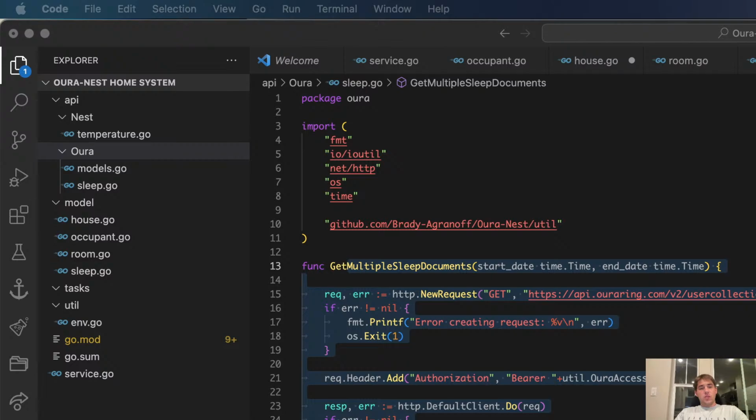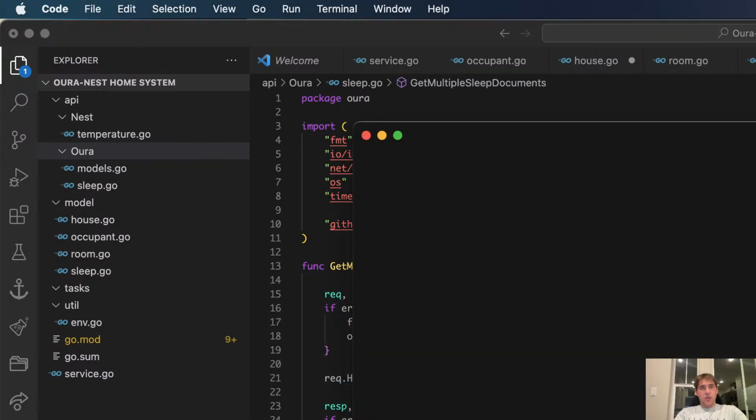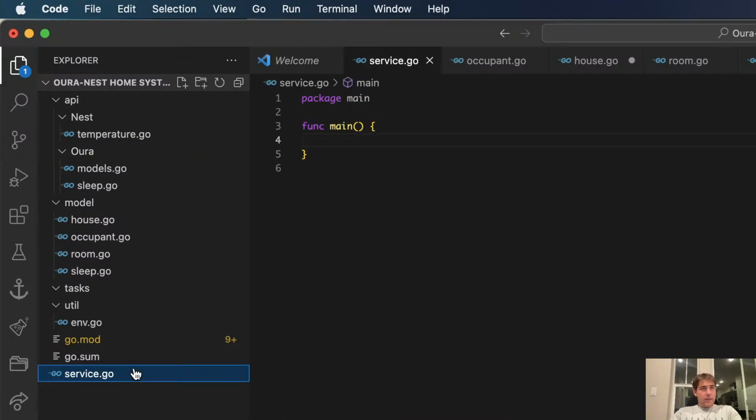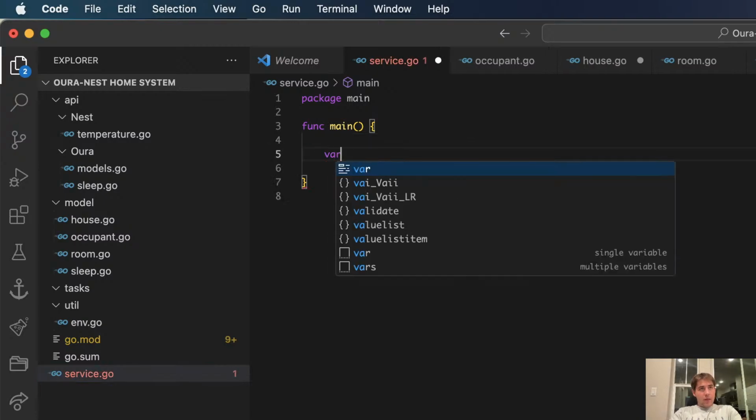I'm going to open this code base in VS Code on my other screen. You guys probably shouldn't see too much of this, but I'm going to open it up. This is not important stuff, but all right, let's do this.